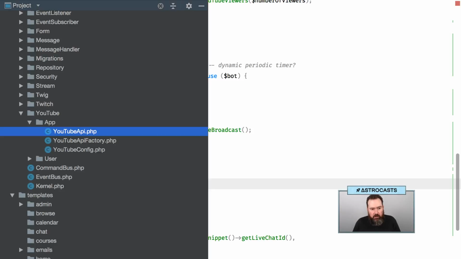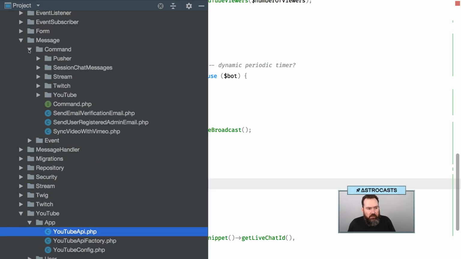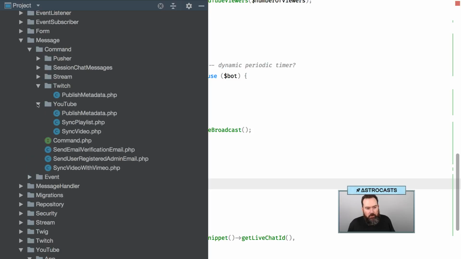So let's go ahead and create a message. So we already have some messages, so we want to do some commands. So right now, most of the commands are written to direct stuff at Twitch or YouTube when things happen locally in the model. But what we want to do now is do the opposite. So the sync video, for example, is something that happens when the video object in Astrocasts gets updated. It needs to send that updated information to YouTube. What we want to do now is sort of do the inverse of that. We're now getting information from YouTube that we didn't get before. So for example,